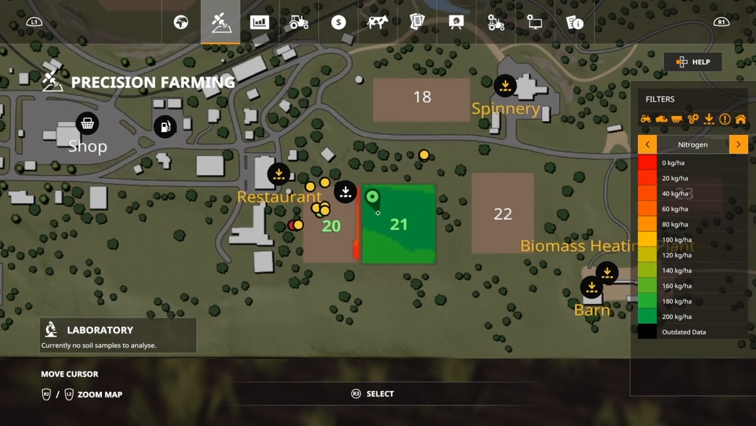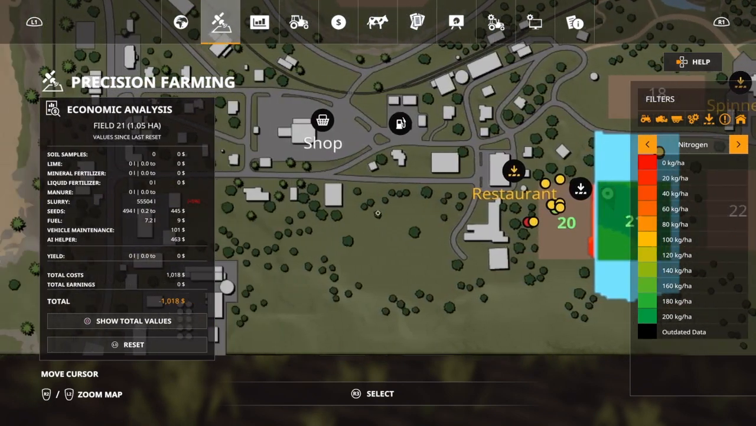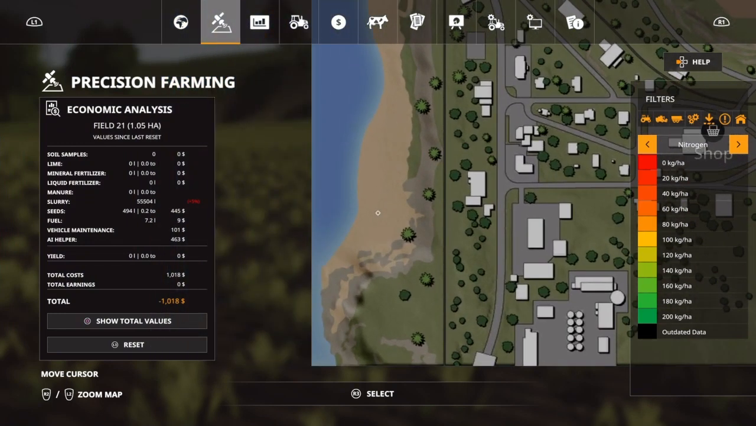And if we come across here and take a look at the economic analysis for this field, you can see that we actually used a lot of slurry. 55,504 liters. That is a lot, y'all. But when I was getting it out of the tank, the multi-fill station over there, it came out to $0.034 per liter. So 3.4 cents is what it was per liter. So it's pretty cheap, but we used a lot. It actually cost us $1,887 in product